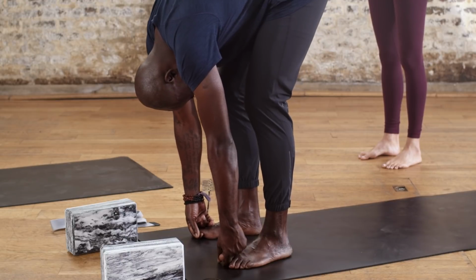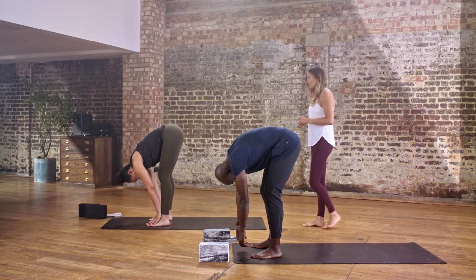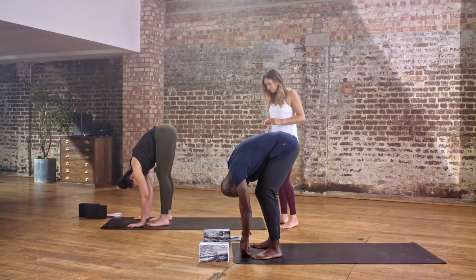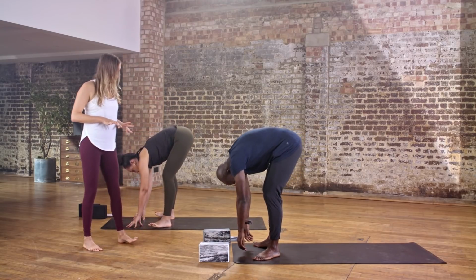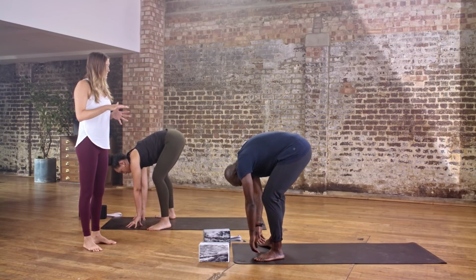And then release the toes. Come up onto the fingertips, halfway lift. And then folding all the way back down. Going to turn the toes out, maybe heel toe the feet a little bit wider. You're going to take a yogi squat. So begin to lower the hips down,